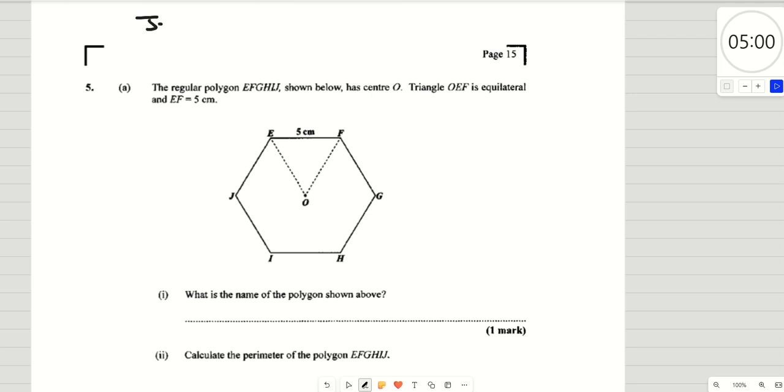Good day everyone. We're going to be doing January 2018. And in 2018, because we're doing measurement type questions, it's actually number 5 that we'll be doing, not number 6, right? Let's read. Part A, the regular polygon